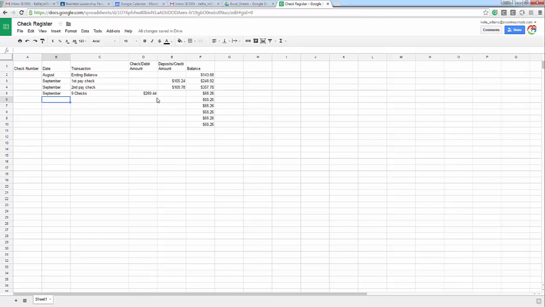So that's what you're going to work on page 12, for example, and practice. We're also going to continue on to page 14, examples and practice. So we're going to continue with this. You had a beginning balance of $143.68. You made 2 deposits in the amount of $105.24 and $108.78. You wrote 9 checks totaling